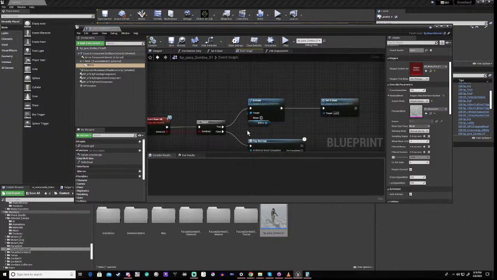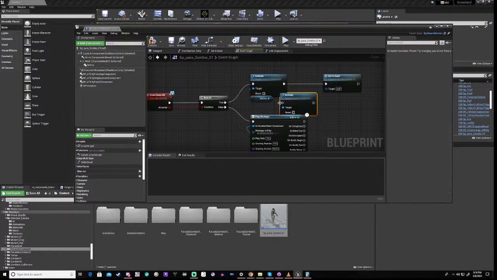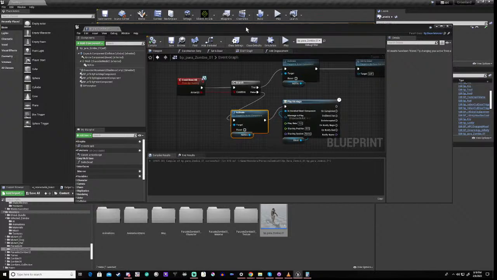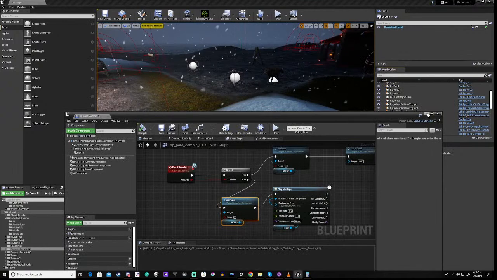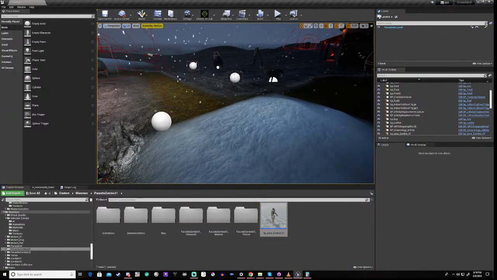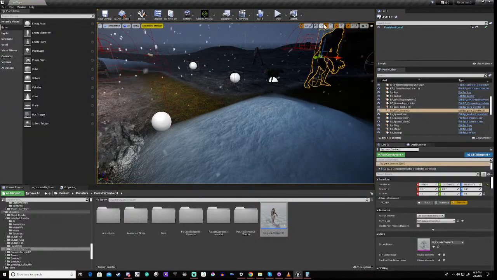So we are actually going to copy this and we're going to test it in here, so that we don't need to light a fire to actually do it. Okay, so what we're going to do is drop this dude in right in front of us, press play,